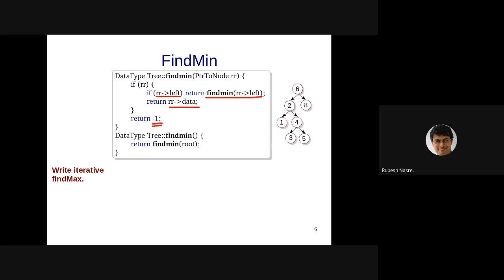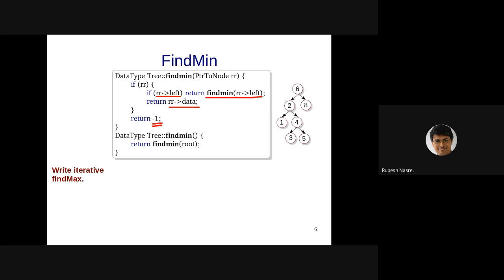Mayank says find max: if root equals null, return -1; PTR equal to root; while PTR arrow right, PTR equal to PTR arrow right. Okay. So all of you seem to agree that the rightmost node is always going to be the maximum, and therefore there won't be any case where we need to worry about going to the left, right? So Madhur has written current PTR equal to root, if not root return -1, while current PTR arrow next. That seems to be all right.